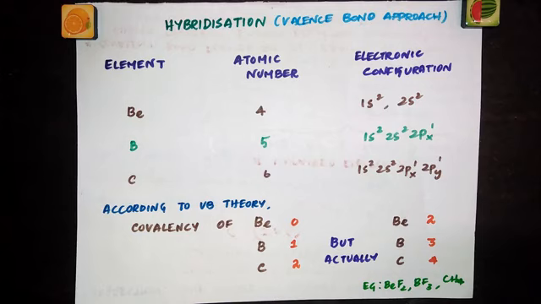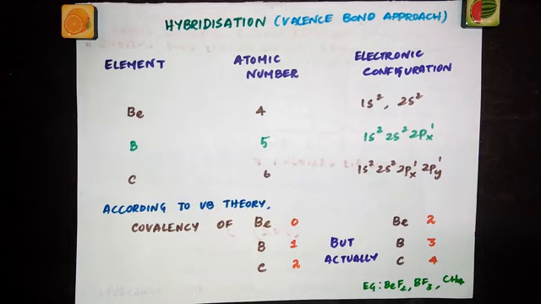So, according to VB theory, how is a covalent bond formed? A covalent bond is formed by the overlap of half-filled atomic orbitals. We have seen two different types of covalent bonds, sigma and pi, and how the overlapping takes place. The extent of overlap decides the strength of the bond formed, and the direction of overlap gives you the direction of the bond. But in applying this theory, a difficulty was faced in a number of cases.